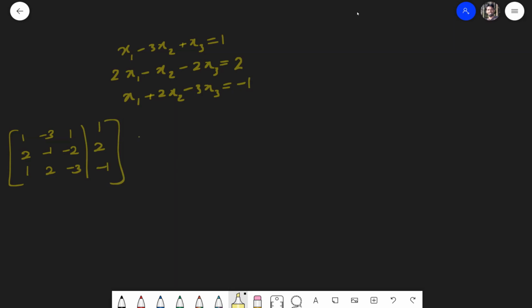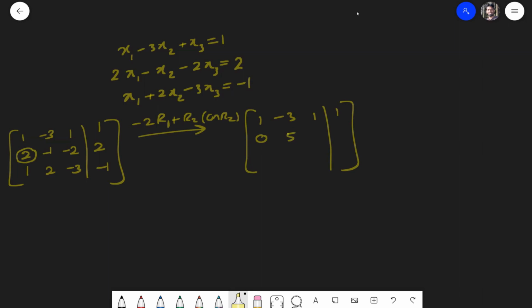Okay, so the first row operation, I would like to make this place 0. So -2 times R1 plus R2 on R2. If I do that, I'm not going to change my first row, so let me write that down. -2 times 1, -2, and 2, I get 0. -2 into -3 is 6, -1 plus 6, so 5, and -2 into 1, -2 plus -2, so -4, and -2 plus 2,